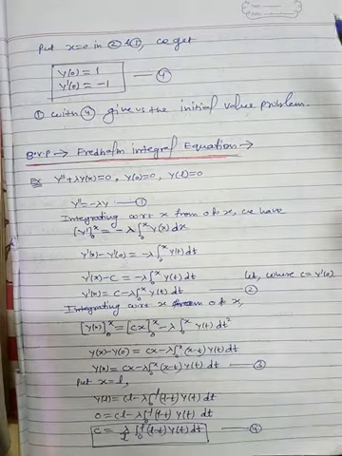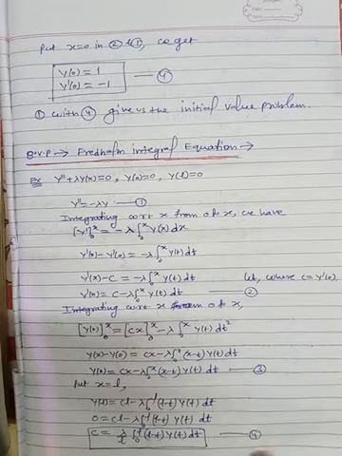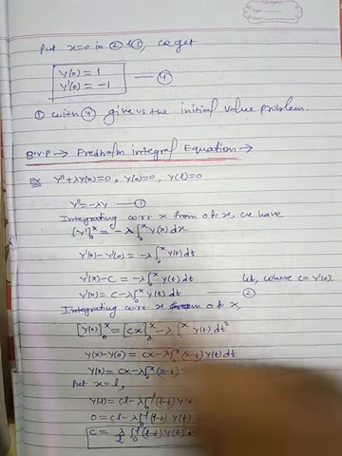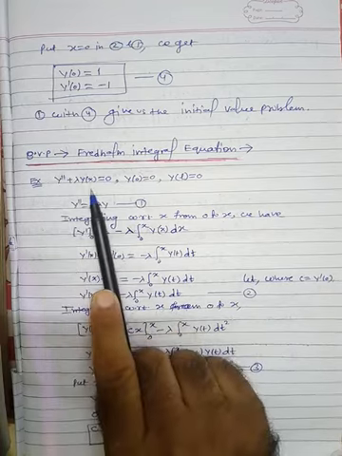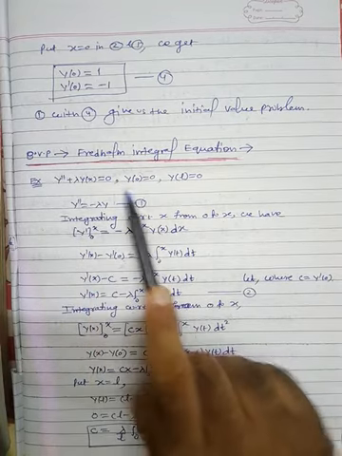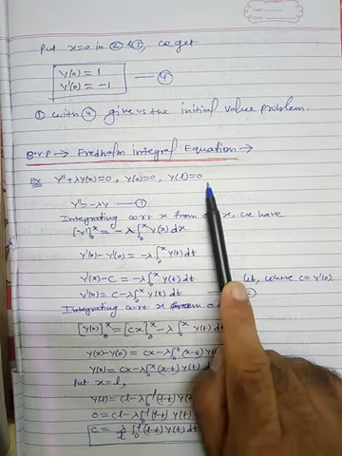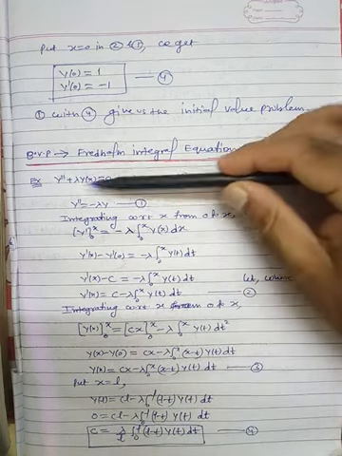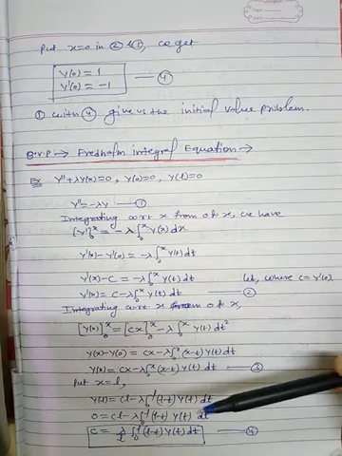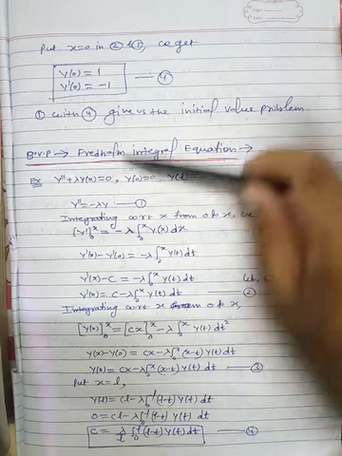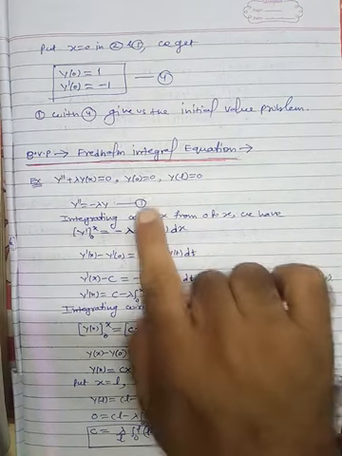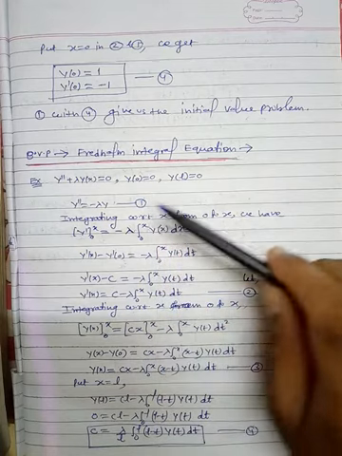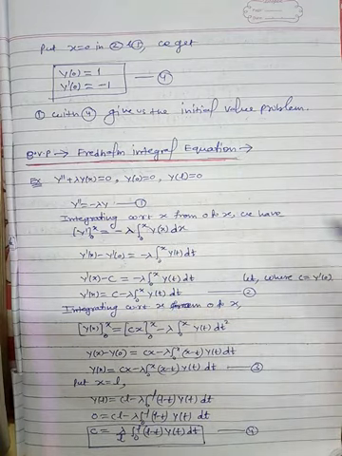Conversion of a boundary value problem into a Fredholm integral equation. Fine. So suppose this is the problem, a differential equation with boundary conditions y at 0 is 0 and y at L is 0. So this is a boundary value problem. Now we want to convert this problem into a Fredholm integral equation, or simply an integral equation, because the limits are finite and the points are different. So obviously we will get the Fredholm integral equation.